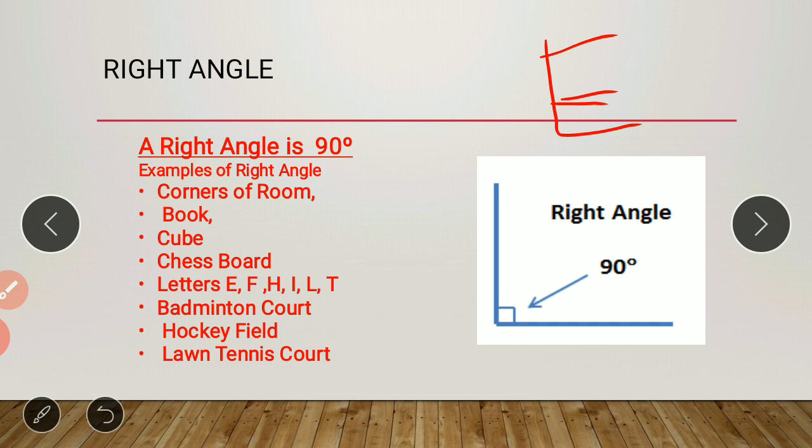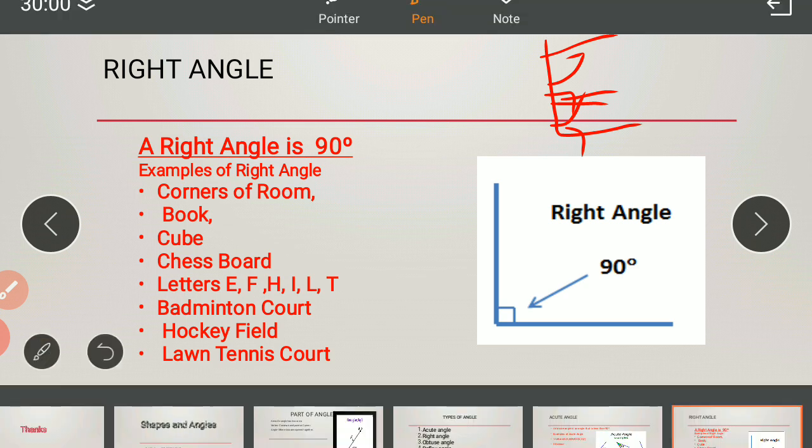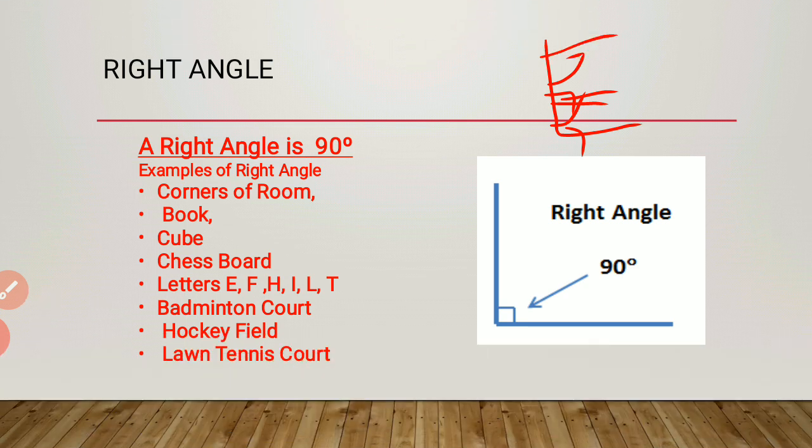Look, the letter E makes more than two right angles. One angle is here, another is here, then another on that side, and another on that side. So there are 4 angles. E makes four 90 degree angles, that means right angles. So these letters can make more than one angle, and you have to find them according to the letters.